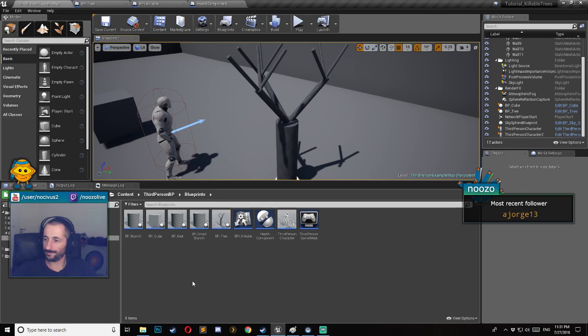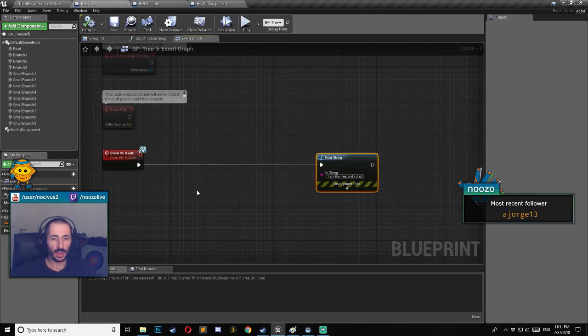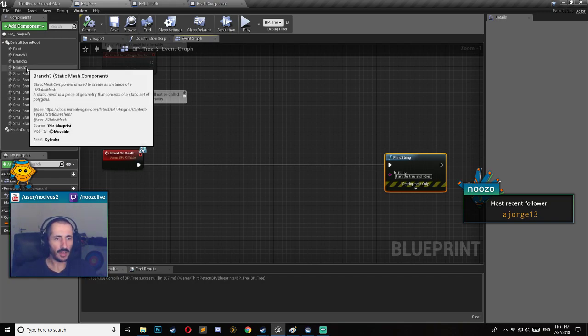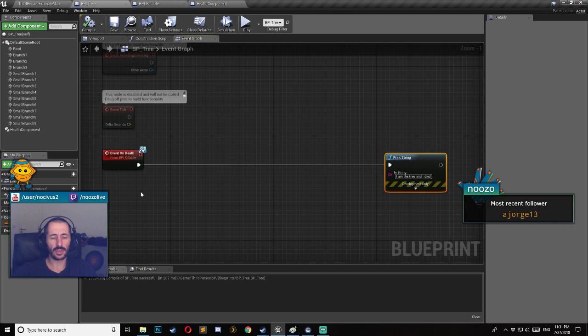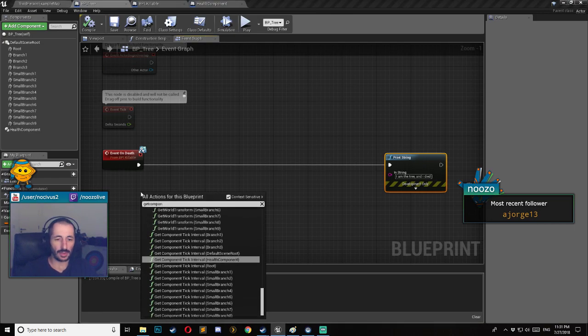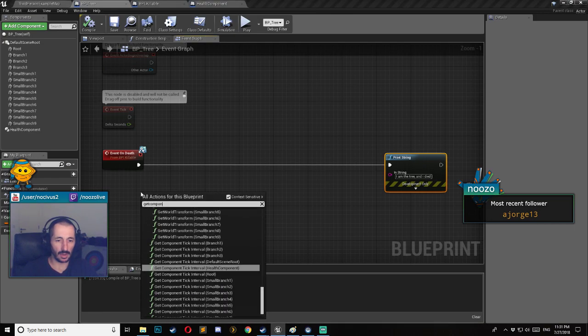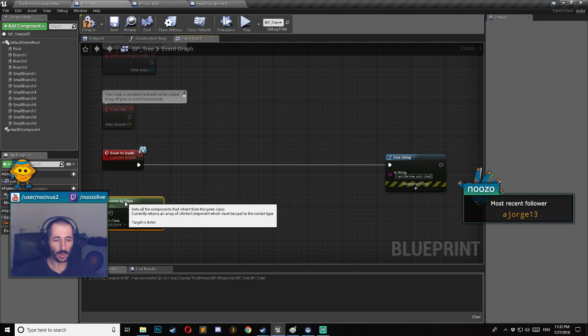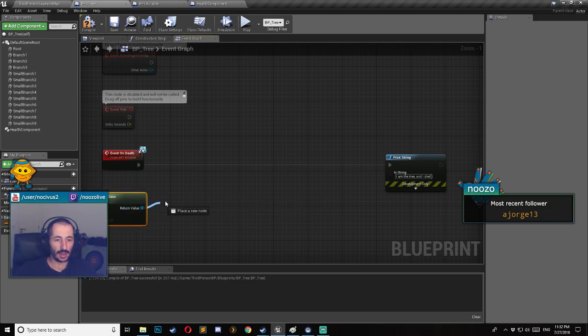So what am I going to do now? In my tree, when it dies, one thing I want to do is go through all the static meshes that I have here, the static mesh components. So I'm going to do get components by class. I'm going to do static mesh component, and I want to iterate this, so I'm going to use a for each loop,